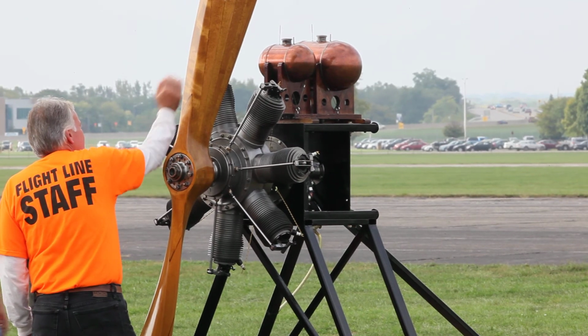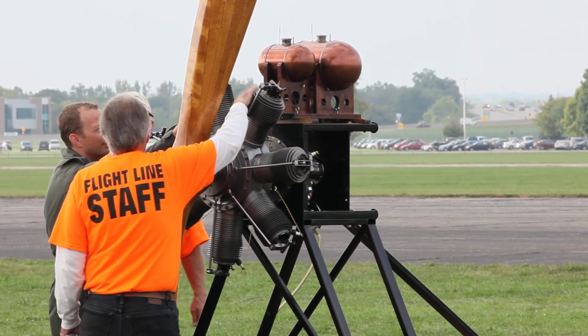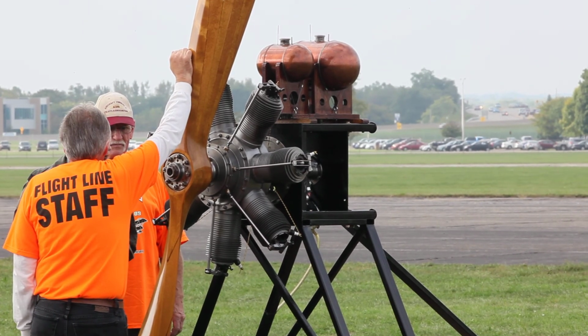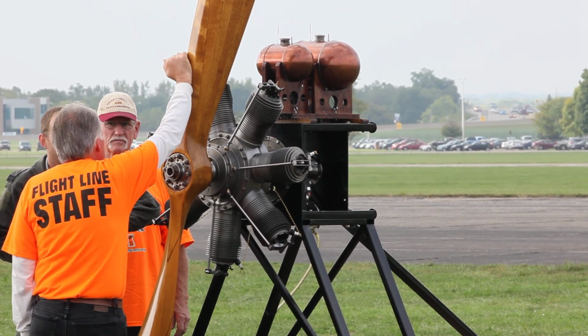Now, coming up here in just a few moments, we will have our last flights of the day, and they will be made by radio-controlled aircraft, and we're going to do something very, very special. It's going to be a lot